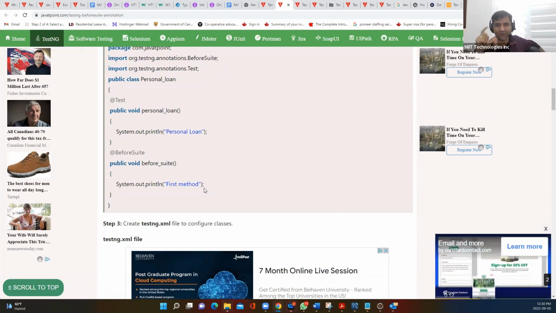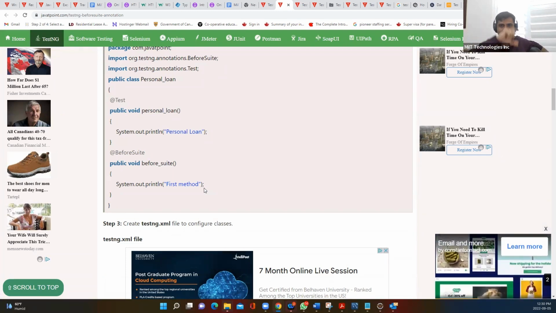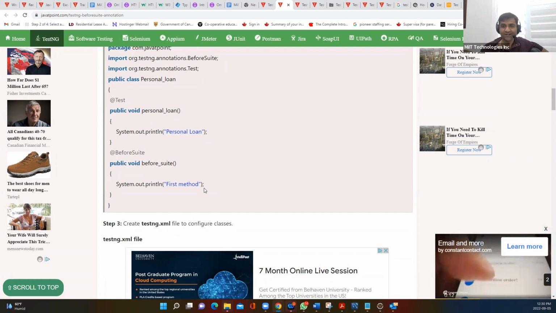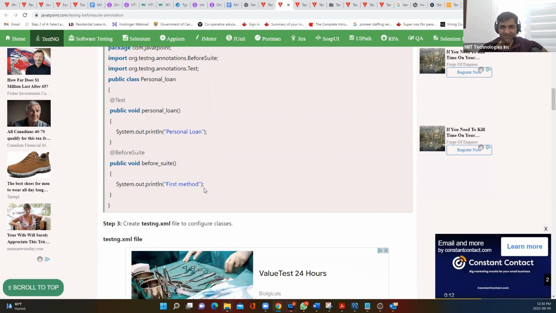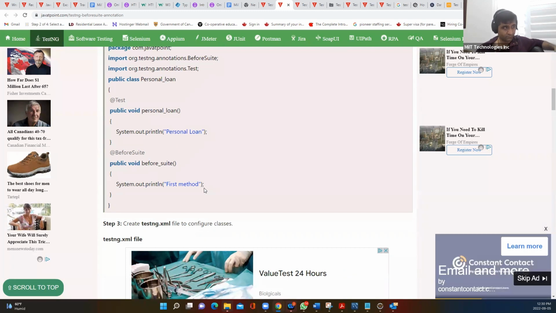So again, if you understand the hierarchy I explained: suite, test, class, method, and group, those 5 things, then just add before and after: before suite, after suite, before test, after test, before class, after class, before method, after method, before group, after group. Okay, so let's say you want to load some data from the file system. We already did the file reading and writing example, right? So if you want to load some data